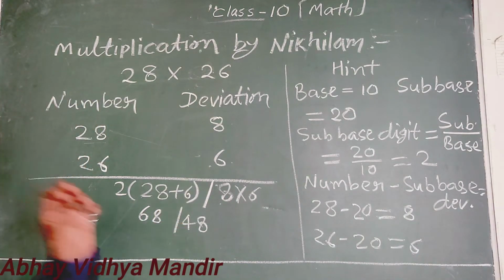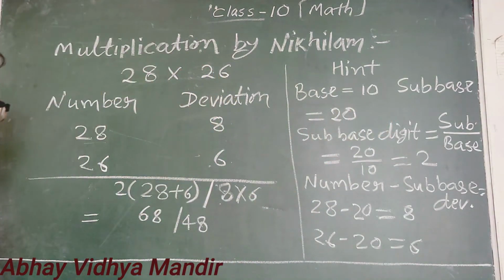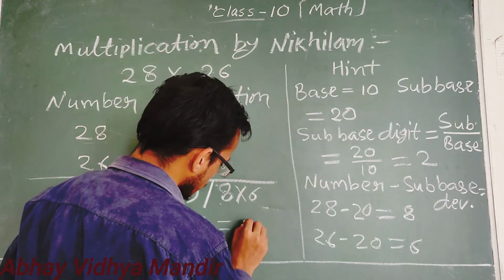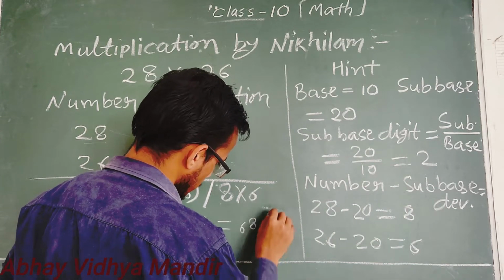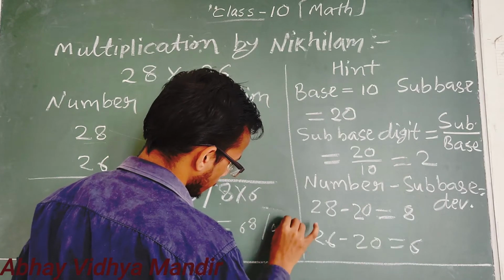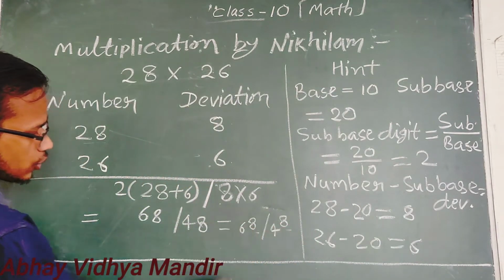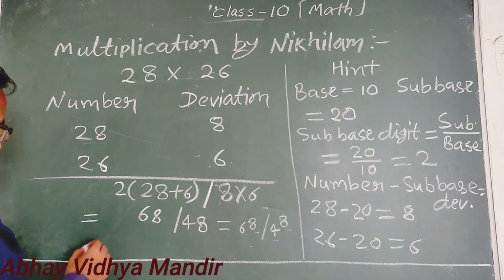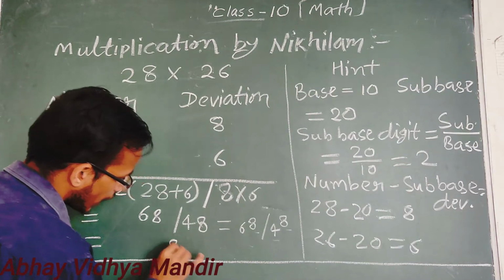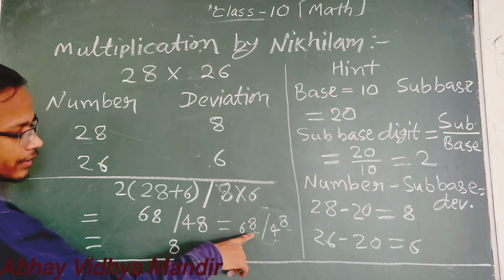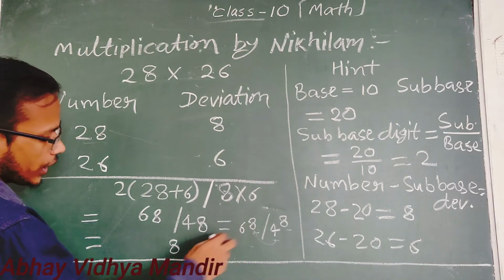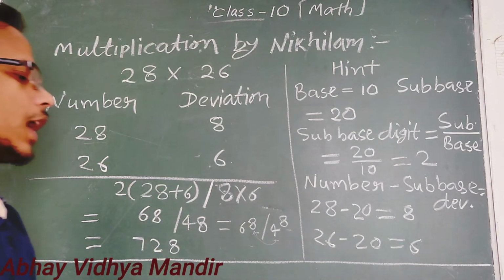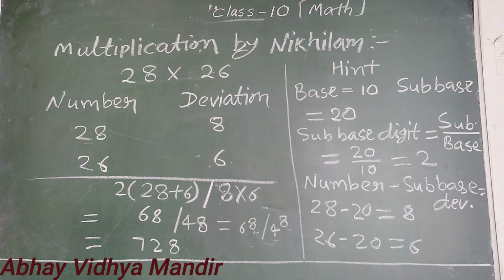Okay. Remember that there is a base 10, so we have to note it in this format. This is your unit digit, and this is the carry, which is transferred to the next digit. Here 8 and 4 is transferred here and it is added. How much will it be? 12. So 2 and 6 plus 1 is 7. So 728 is the answer of this. 728 is the answer of this.